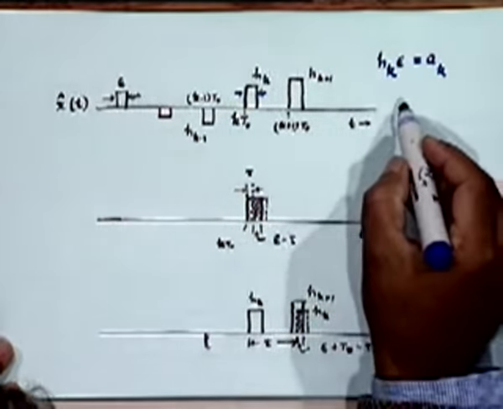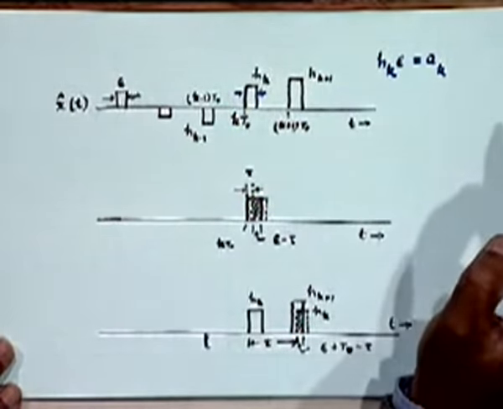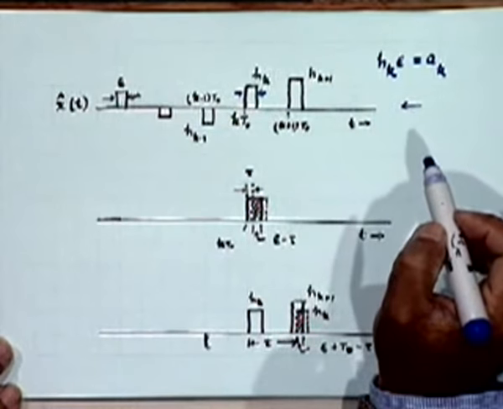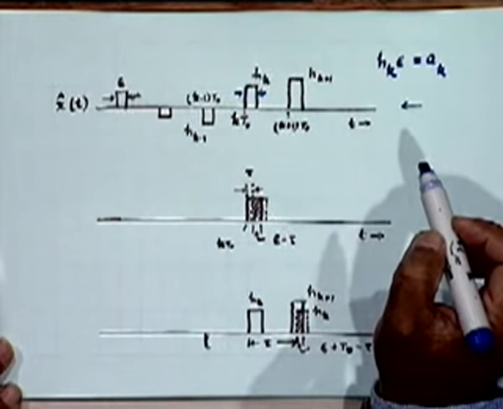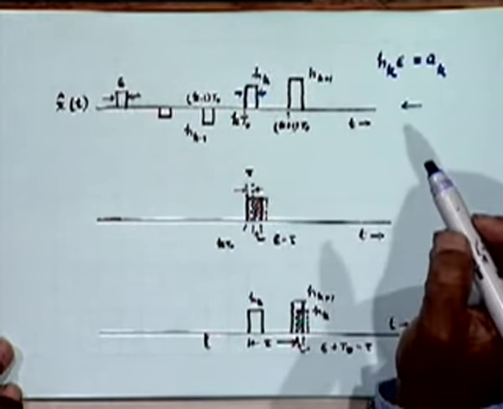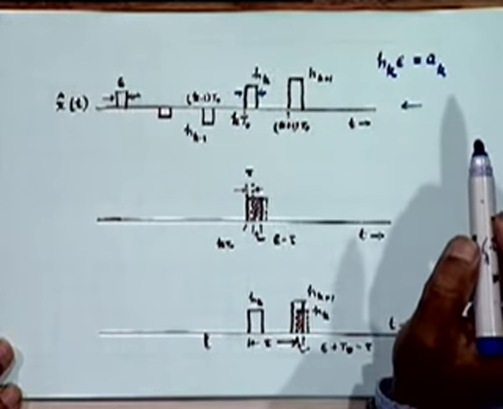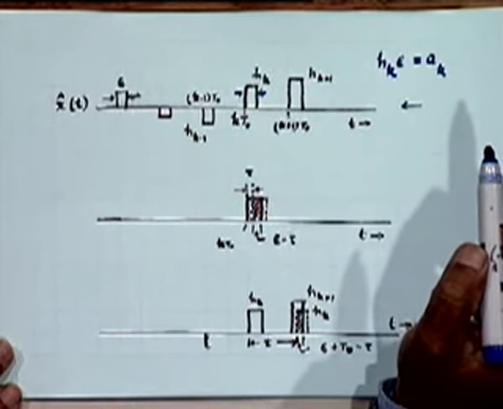So therefore, to start with, we will not compute the autocorrelation function of the original impulse strain. What we would like to do is compute the autocorrelation function of this kind of pulse strain, and then take the limit as epsilon tends to 0, keeping the area constant. That is the approach we are going to follow.